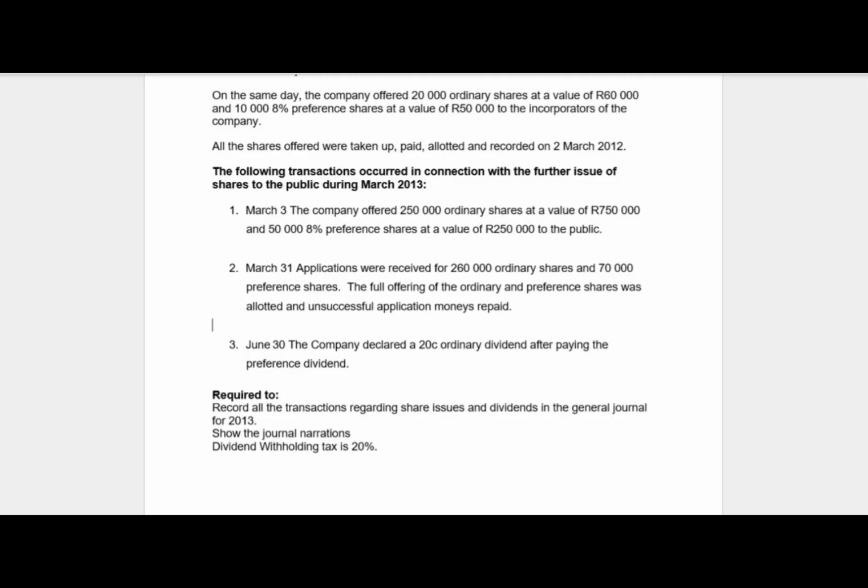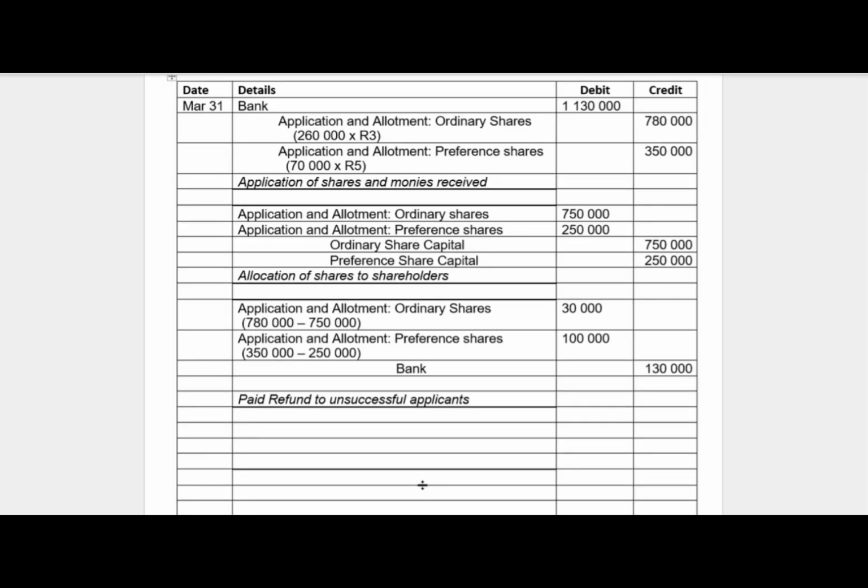So let's go and record the declaration of dividends for preference, June 30, just to keep consistency. June 30 right there. And then remember, when you declare dividends, you're gonna debit preference